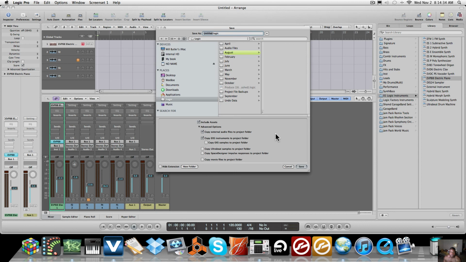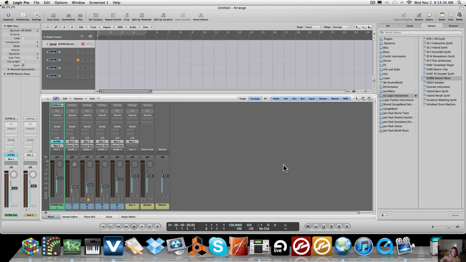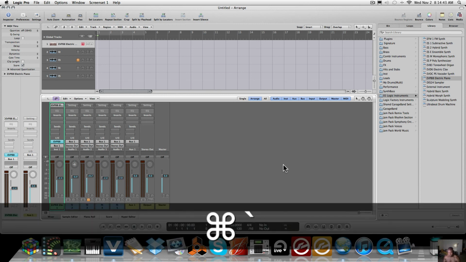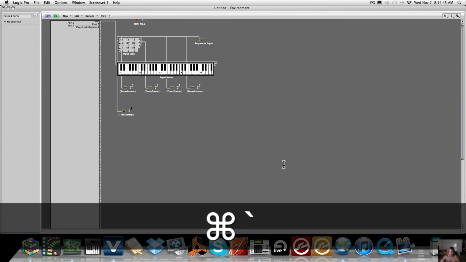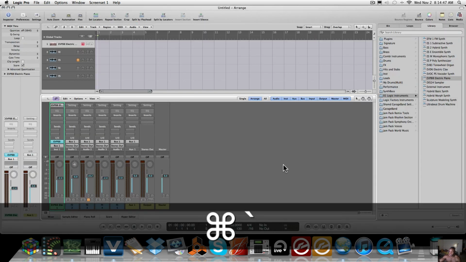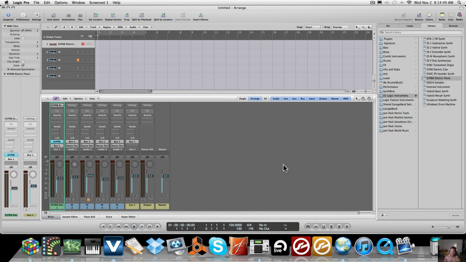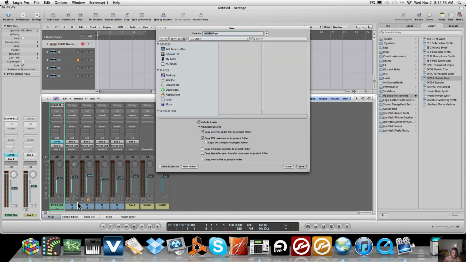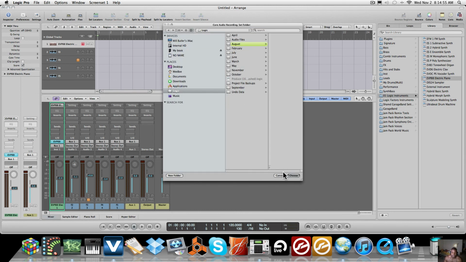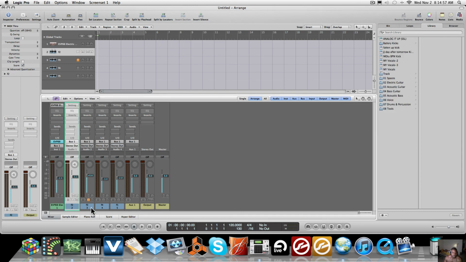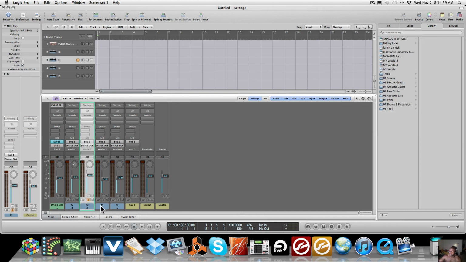Bring that back up, and the stuff still works. You know what I mean? Because I have it saved as a template. So that environment is still saved in that template, and all it's doing is responding to my control changes. So I'm not actually learning anything. I'm not using key commands and trying to learn something. What I'm doing is I'm just responding to what's already on my MPK, which is pretty cool, or my MPD,